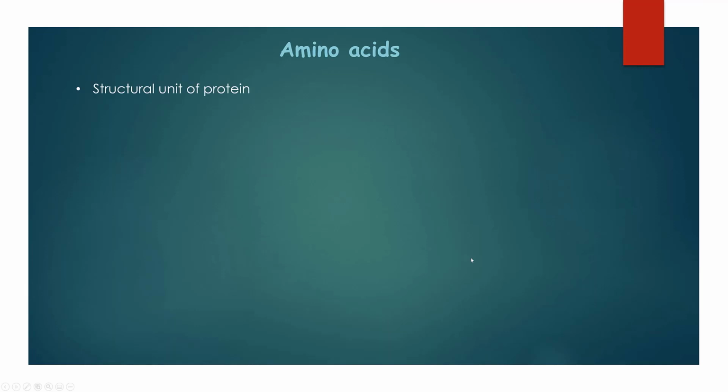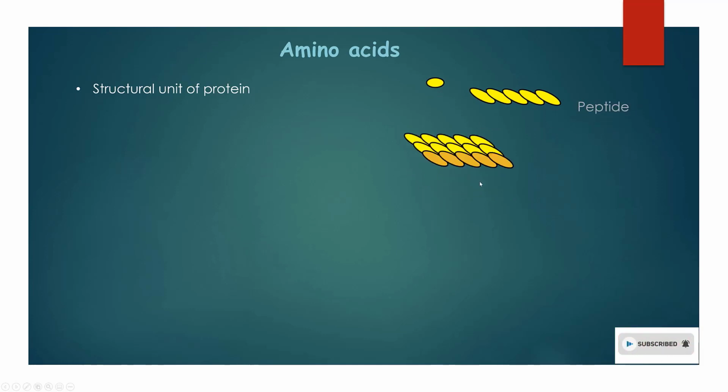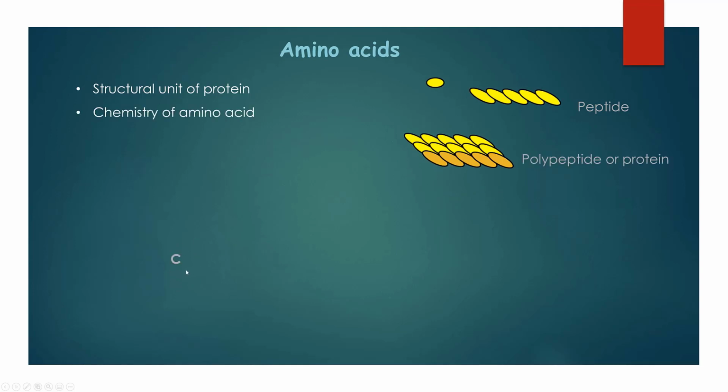Amino acid is a structural unit of protein. One amino acid joins together to form a peptide, and two or more peptides link with each other to form polypeptides or protein. It contains one alpha carbon which is linked with one carboxyl group, COOH, and on another side with an amine group, NH2. This alpha carbon also contains a side chain group. These R groups are very important. The R group determines characteristics like size, polarity and pH for each type of amino acid, and this R chain mainly influences protein structure and protein-protein interaction.